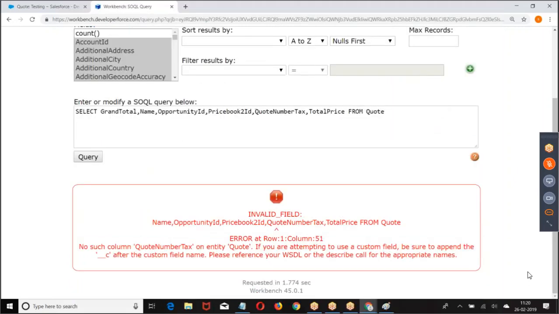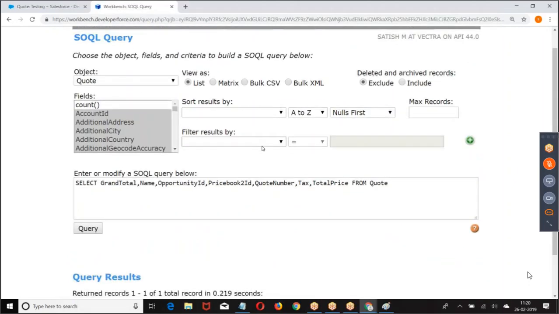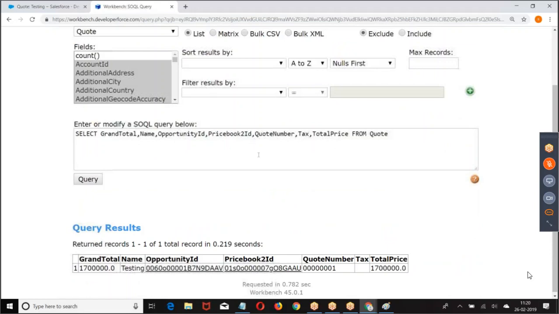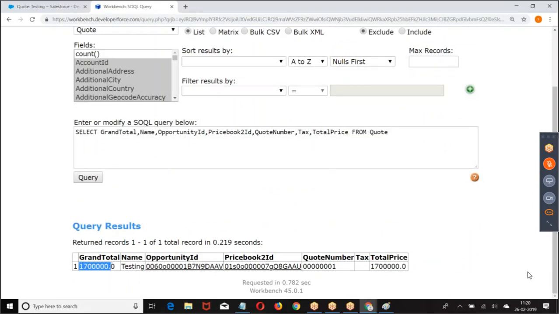Quote number and tax. Now look at this. This is a quotation, and this is the grand total of the quotation. This is the opportunity with which it's associated. Opportunity is the parent for quote, so based on the opportunity I can get the list of quotes, because I can create multiple quotes for the same opportunity.